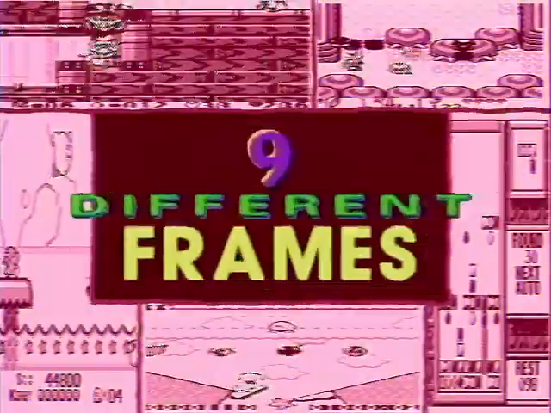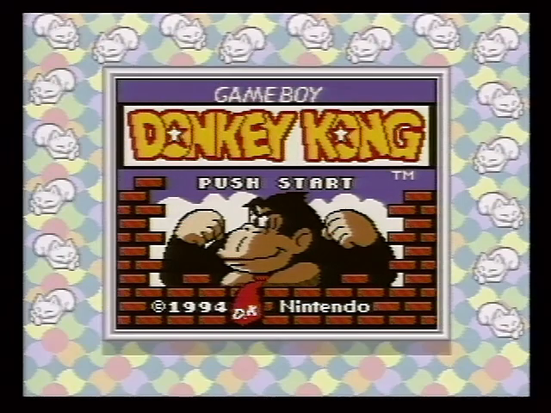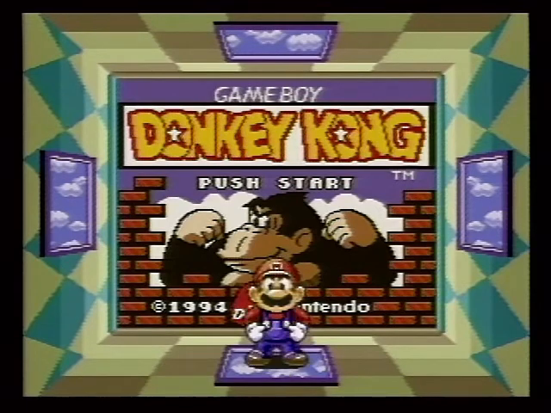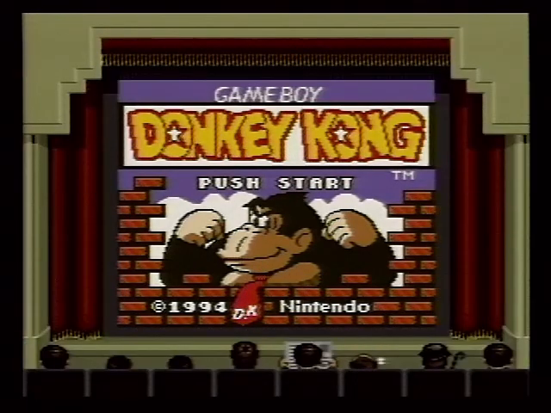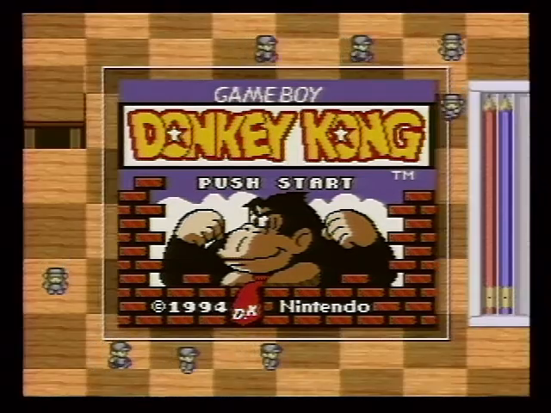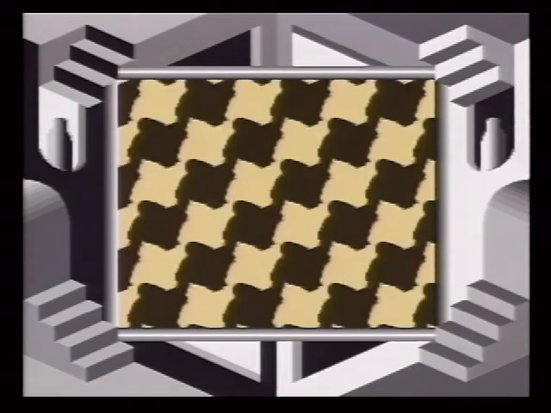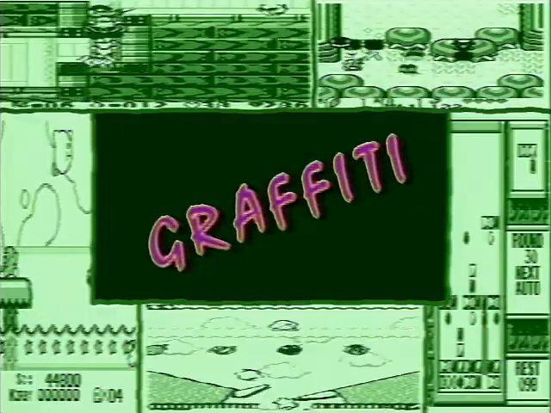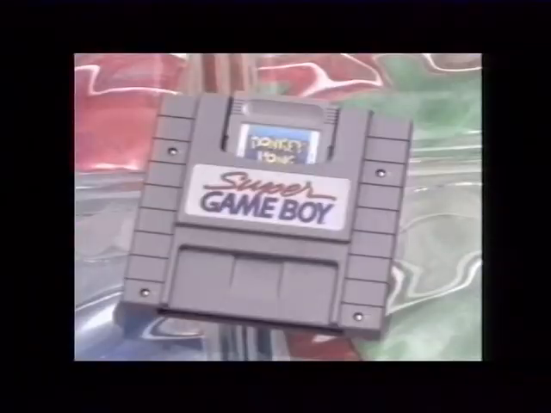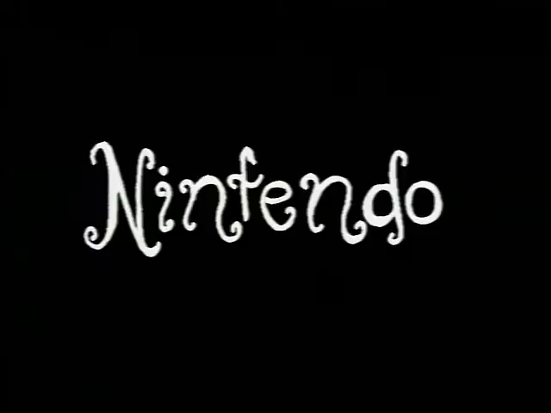Check this out. 9 different border frames surround the game screen. Try them all, then watch closely as they come to life and animate. There's Mario, the theater border where no one's watching the movie, Crazy Cats, those little pencil grabbers, and many more to choose from. If you're really feeling creative, draw your own border. You're the artist. The Super Game Boy accessory for your Super NES, only from